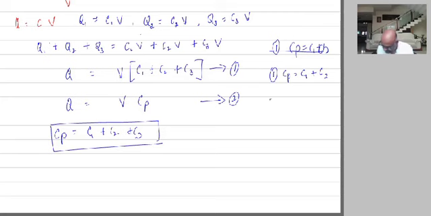And the second important point here: the effective capacity is greater than the greatest of the individual capacitances. That means Cp is equal to C1 plus C2 plus C3, and therefore quite obviously Cp is greater than the greatest value. For example, if you have 100 microfarad, 200 microfarad and 1000 microfarad, the effective capacity will be 1300, because it is C1 plus C2 plus C3. That means it is greater than the greatest. So these are the two important points.